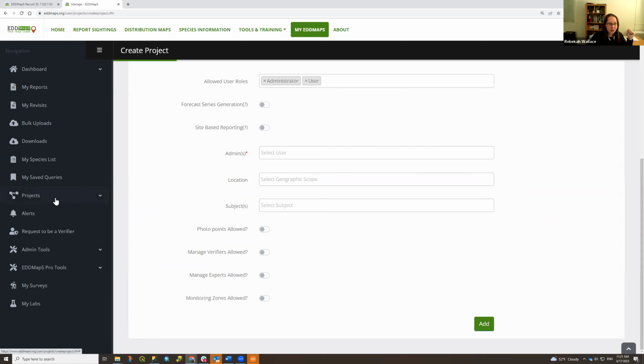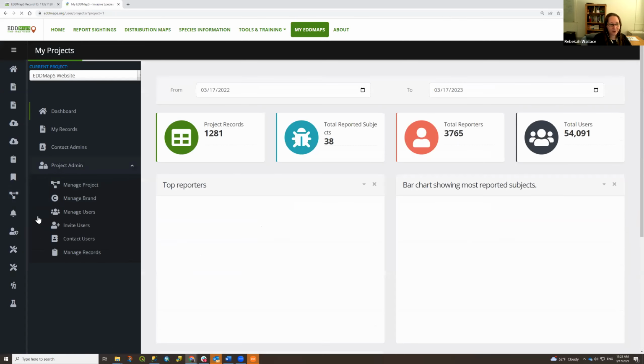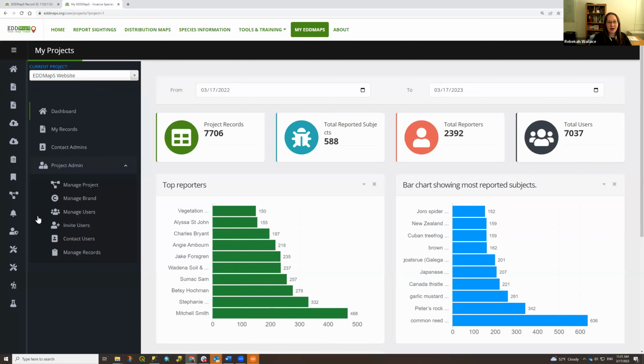Once you add your project, the people you've added to it, they get invited to participate, and then you'll have a dashboard. So if I click on dashboard, this is the information I see that is part of projects that I am part of. So you'll see records that are part of that project. You'll see information.